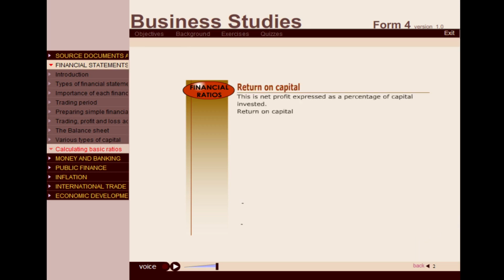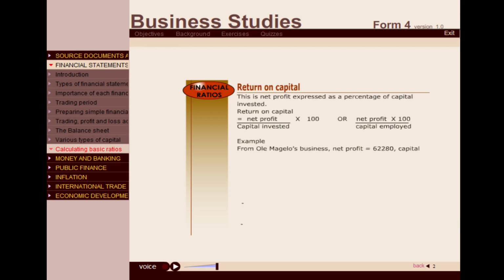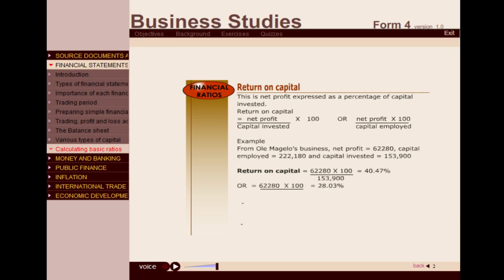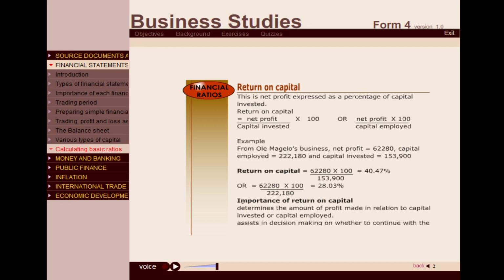Return on capital. This is net profit expressed as a percentage of capital invested. Return on capital equals net profit divided by capital invested multiplied by 100, or net profit divided by capital employed multiplied by 100. Example. From Ole Magello's business, net profit equals 62,280, capital employed equals 222,180, and capital invested equals